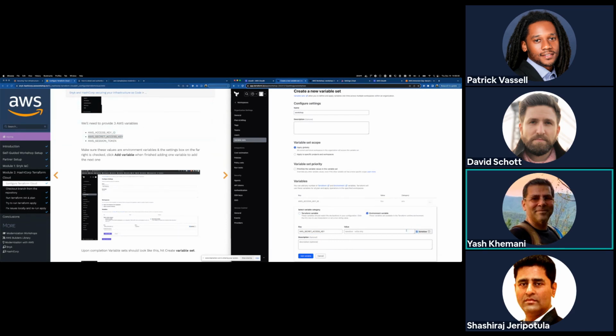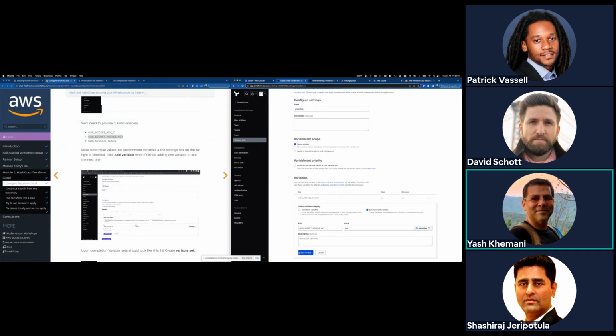So marking a variable sensitive makes it write only. What that means is that if, according to my RBAC permissions, I have the ability to set the value for this variable, I'll be able to. But once it's set, I won't be able to see the value. Terraform can use that value for that variable when it does its Terraform run, but it'll never get displayed to me or to anyone else, regardless of my level of access.